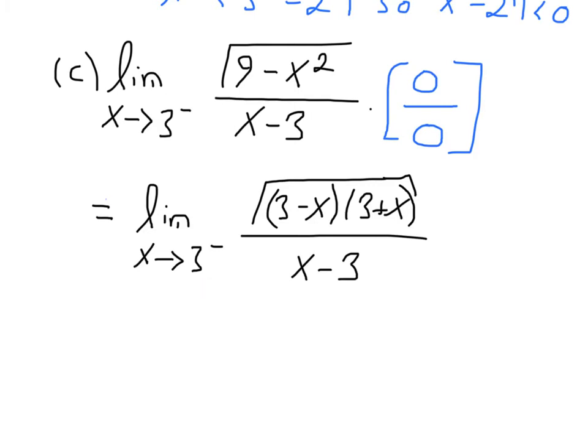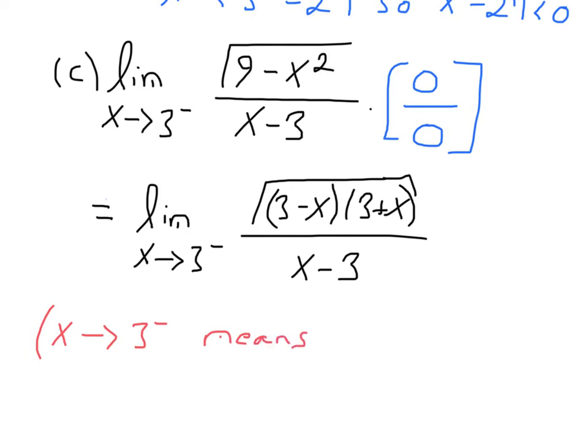Well, what you may be wondering though is, can we even take this limit as x tends to 3 from the left? In other words, for the x's that we're considering here, which is to say for x less than 3 and x close to 3, can we actually calculate this square root here in the numerator? Well, we can do that if what lies beneath the square root is a number that's greater than or equal to 0. We can't do it if what's lying beneath the square root is less than 0. So let's just notice right now that x approaches 3 from the left means that x is, of course, approaching 3,